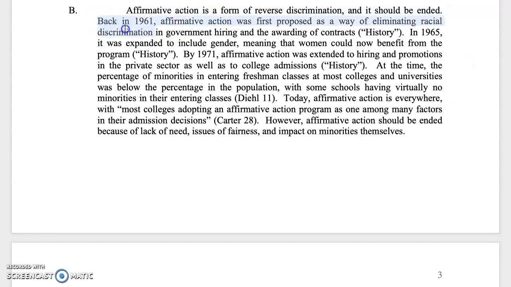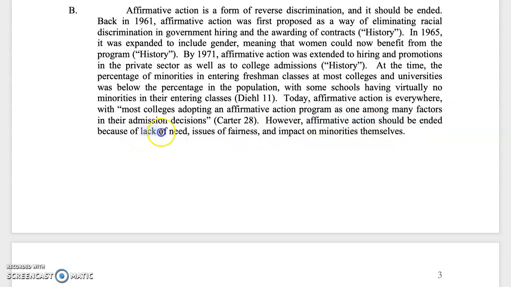And then after that, this again is just kind of an informational history, which doesn't do anything to explain the issue or say what the two sides are. It's just kind of rambling and it makes you wonder where the essay is going. And then it repeats the stance again here. This is a fuller version of the thesis: affirmative action should be ended.